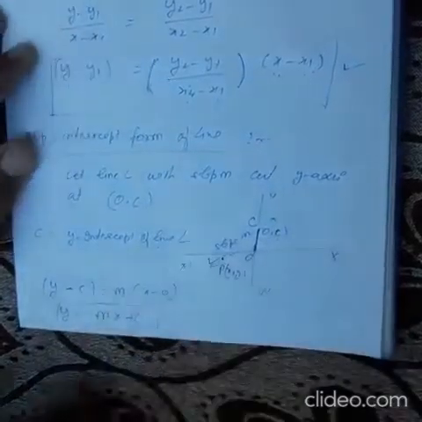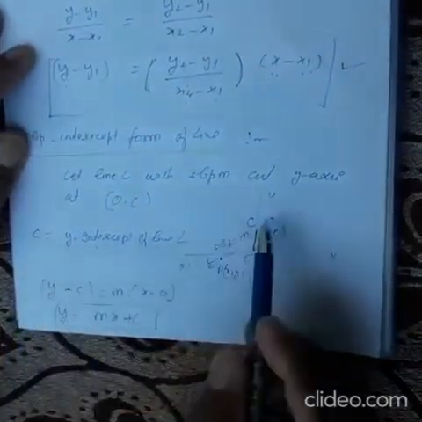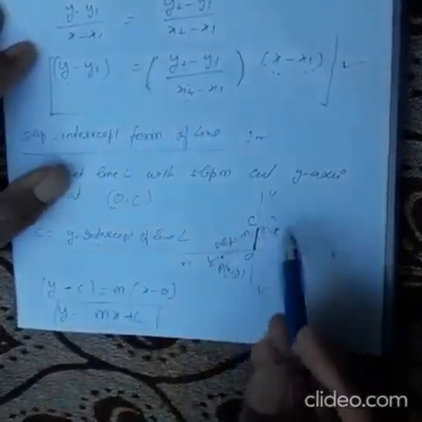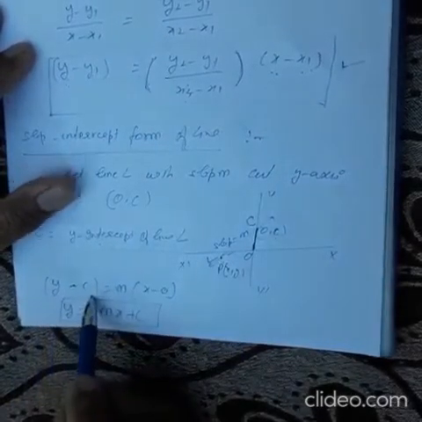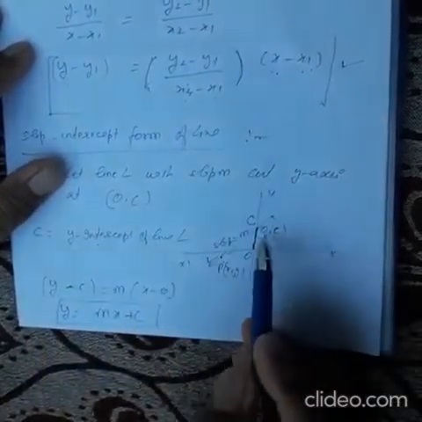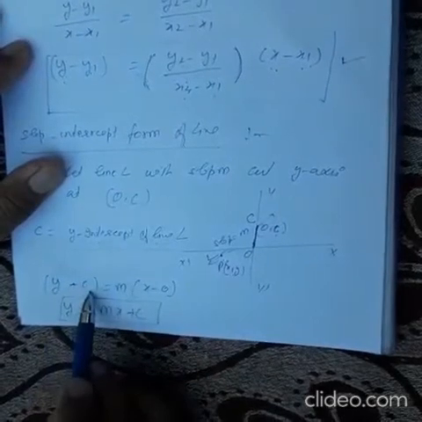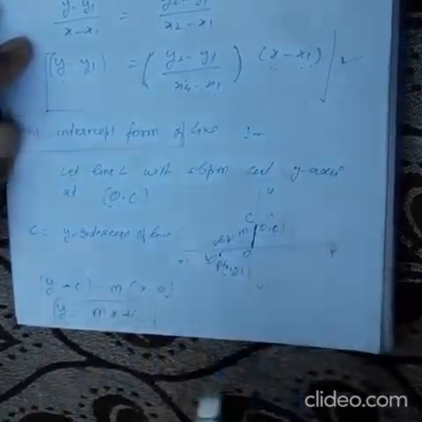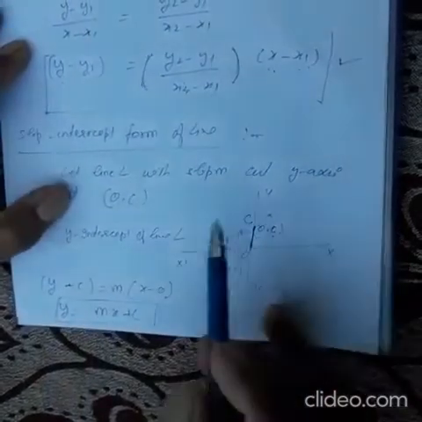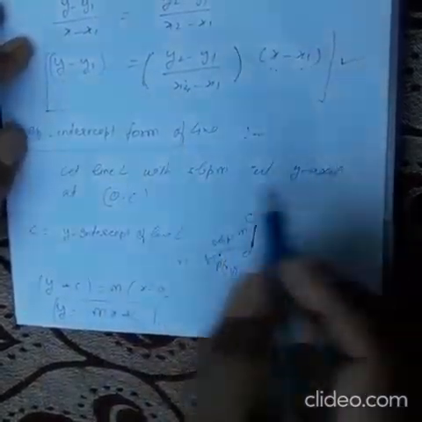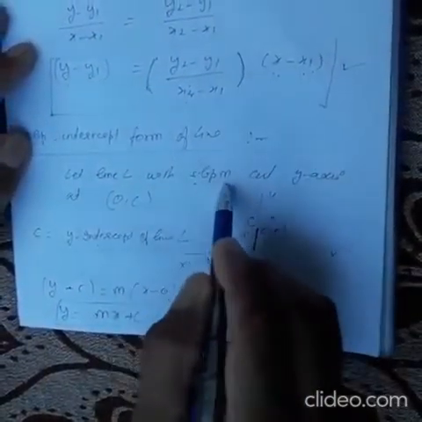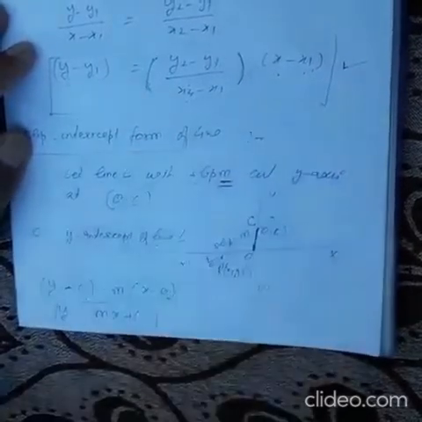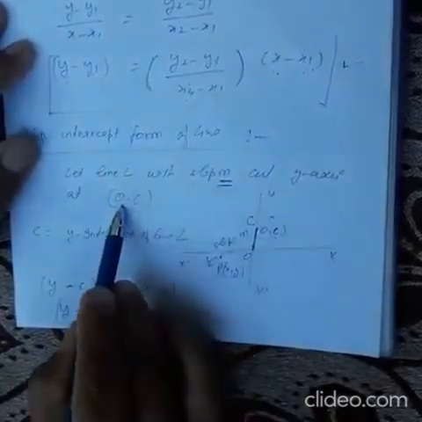You can also say that the line L passes through point 0c, and now we find the equation of this line. So this is y minus c, because the coordinates are 0c. y minus y1 is equal to slope into x minus x1. Now slope and one point form will be used, because slope of the line is also given as m, and we are given one point.